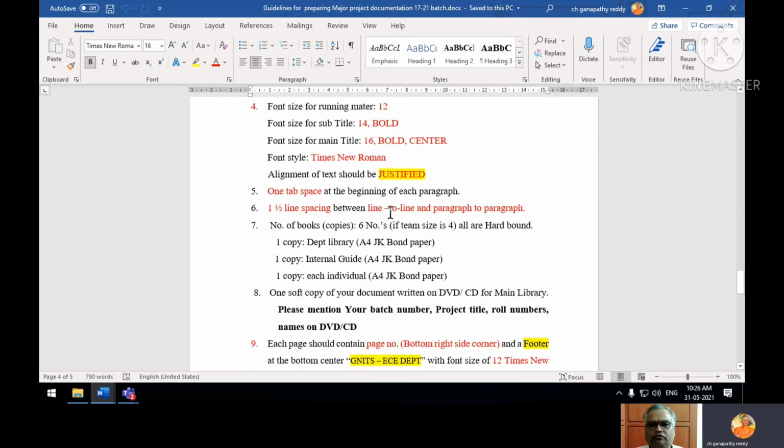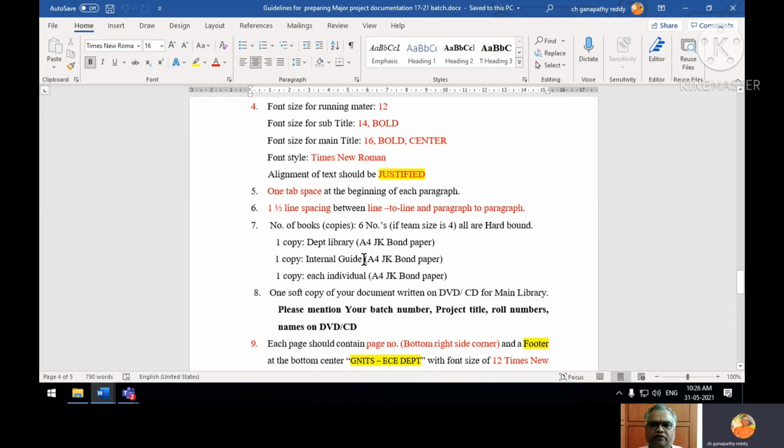The number of books we have to prepare is 6 if the team size is 4. Team size 4 means each one gets a copy, and one copy will go to the department library, and one copy to the main library. All are hard bound. One copy is for the department library, one copy for the internal guide.